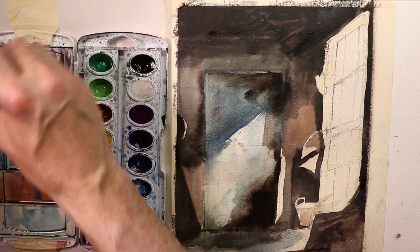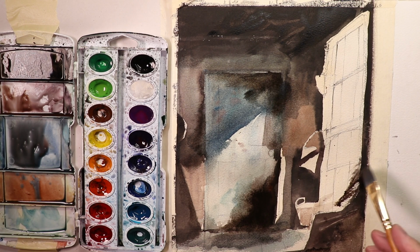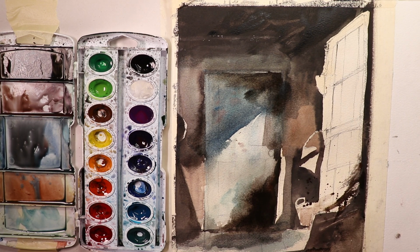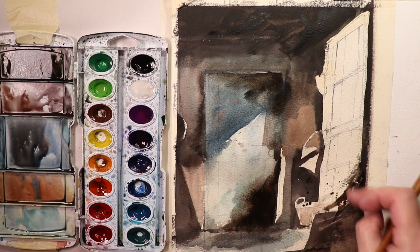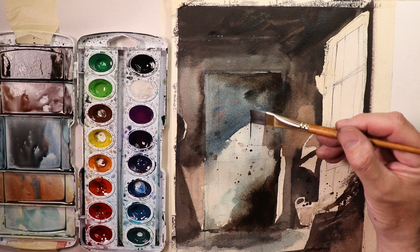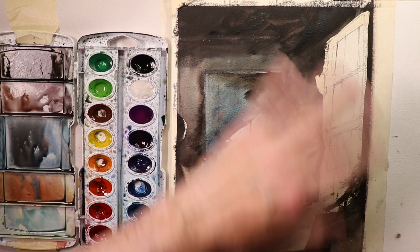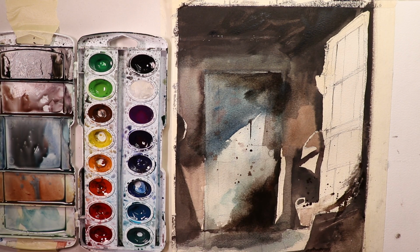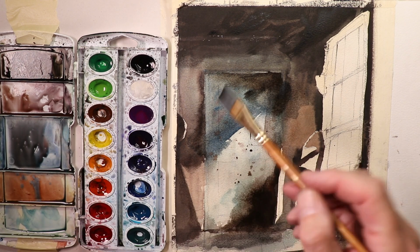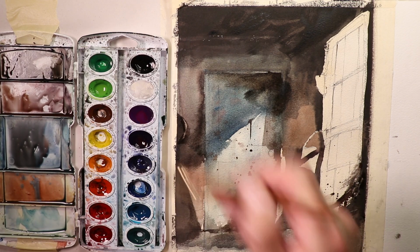Then we'll just go back in and get some. I'm just going to do a couple of things like that, a couple splashes. So some mystery things over here on the right-hand side. A couple splashes here. And best thing now is to let this dry 100%. Once you have that dry 100%, which is your second glazing, that's what we've done here. This is our second glazing. Once you have that done,